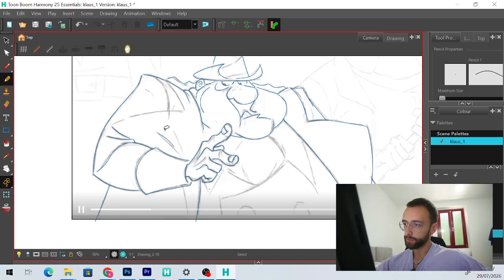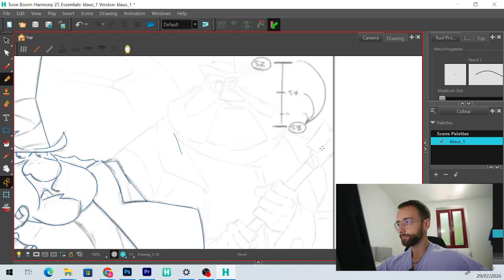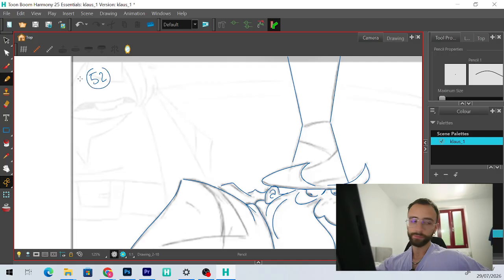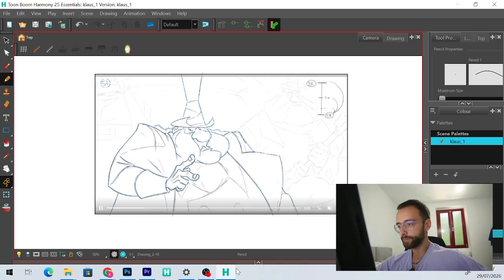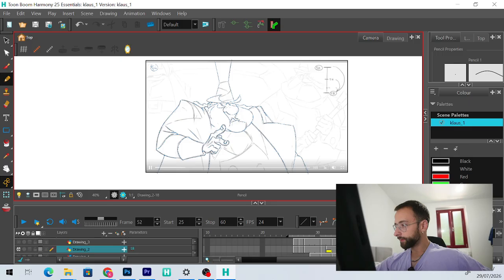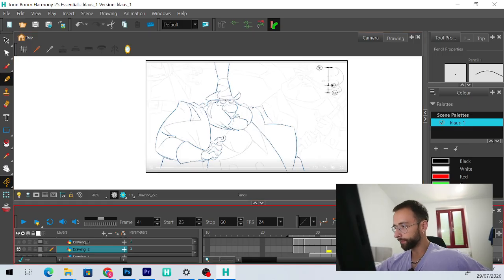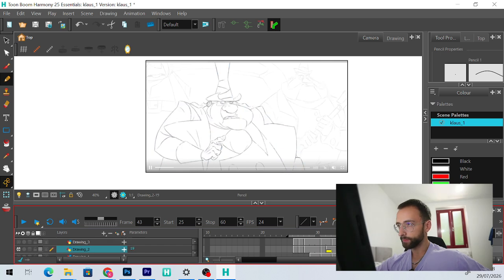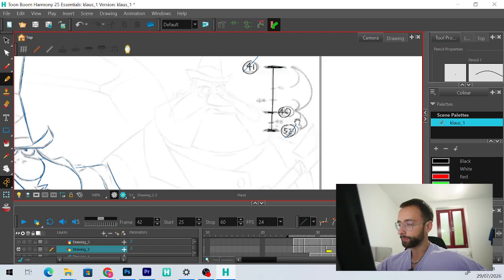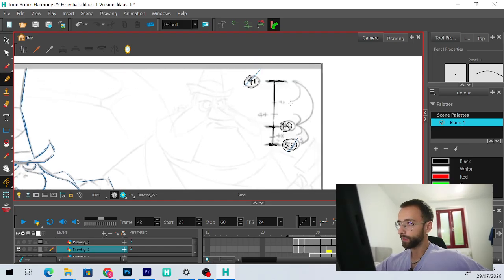So let's make these two just to see how it changes. So we have the 52. This is the 52. And let's see. So 52, we can from here delete the next, and now we have the 41, 52. Super. Now, as we can see, one of the things that